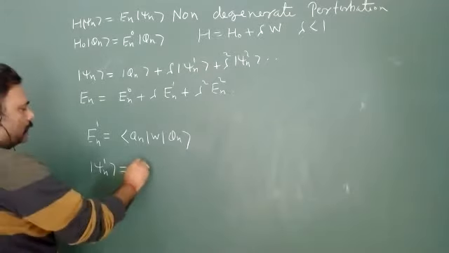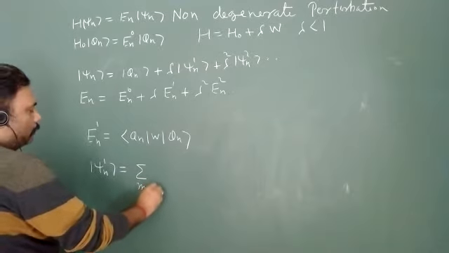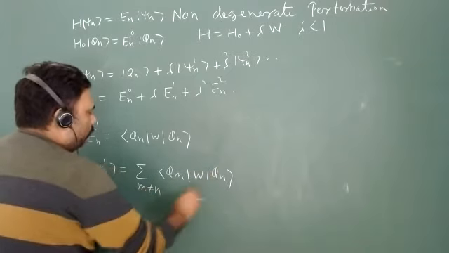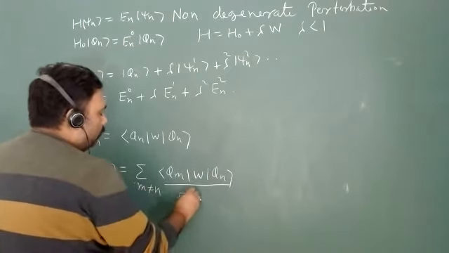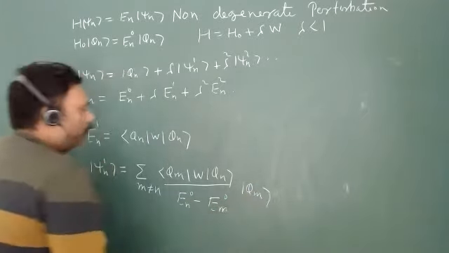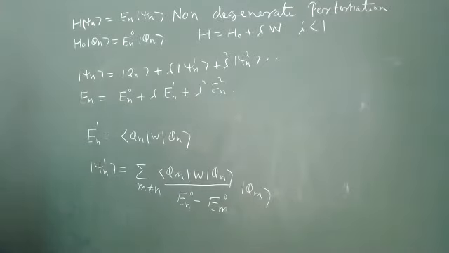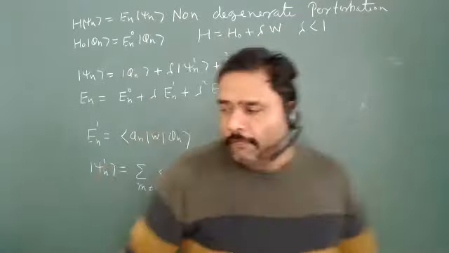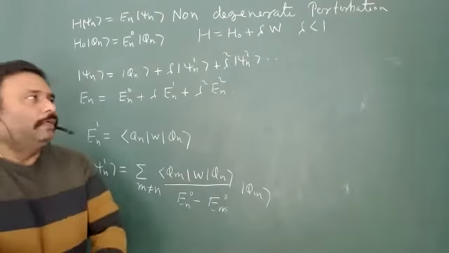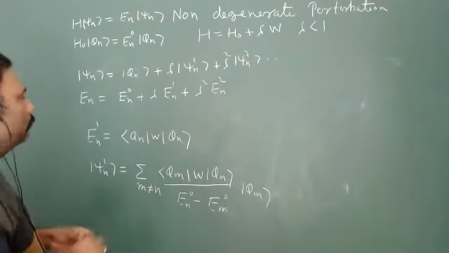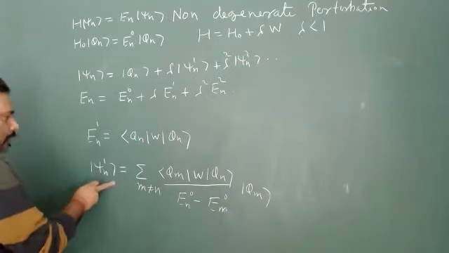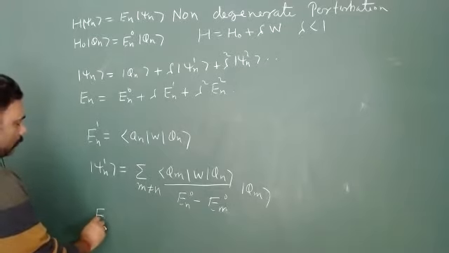And then we have the wave function correction up to first order in the nth state. So this will be a summation over m not equal to n of phi m W phi n divided by En0 minus Em0, written in the basis of phi m. m should not be equal to n, because if m were equal to n, this term would diverge, so it is not acceptable. We have formulated our theory in a very nice manner so that we can get all this. And similarly, if you calculate this one, you can easily calculate En2.